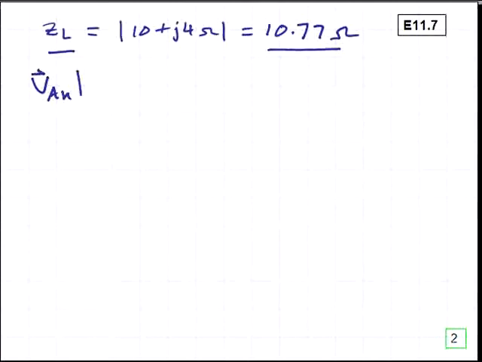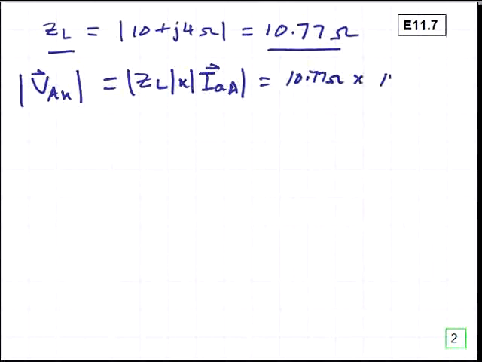The magnitude of this V sub capital AN phase voltage is equal to the magnitude of the load impedance times the magnitude of that phase current. And that will be equal to 10.77 ohms times 11.009 amperes, or the voltage at the load end of this system, V sub AN, is equal to